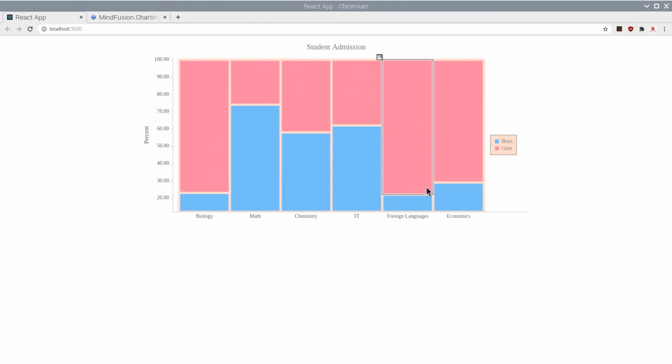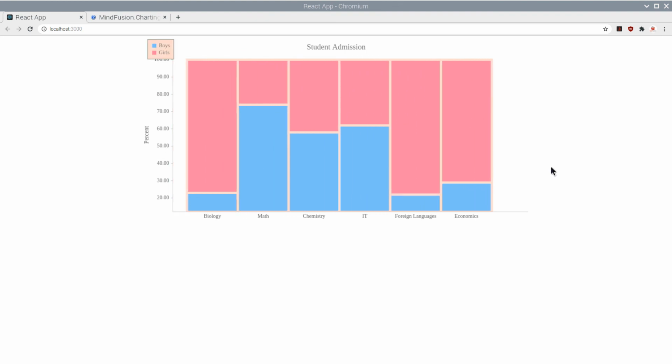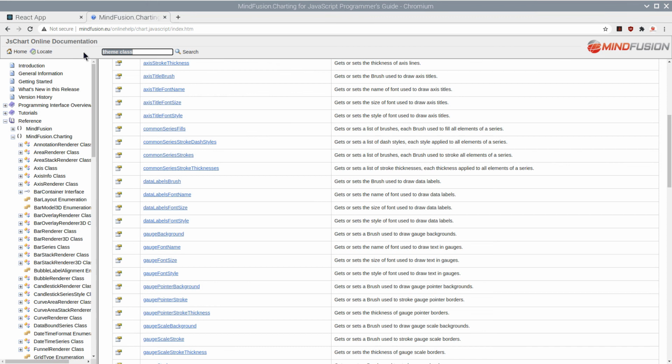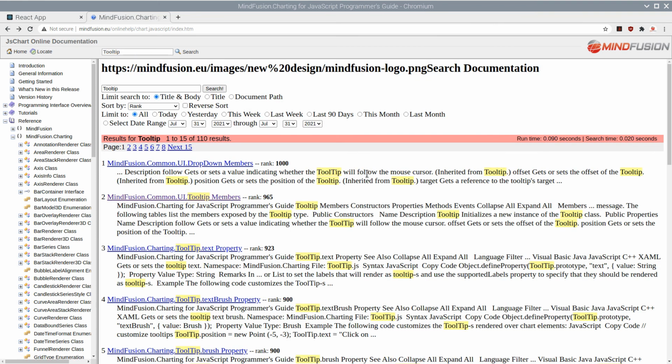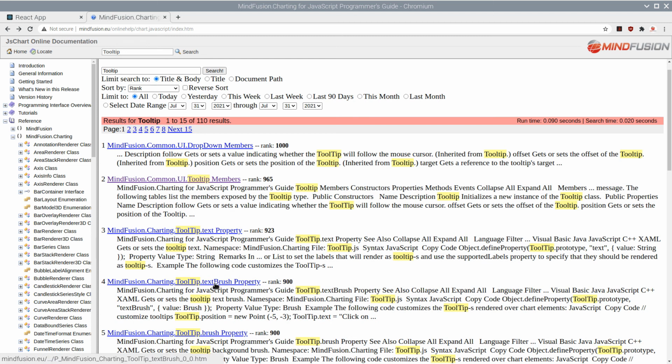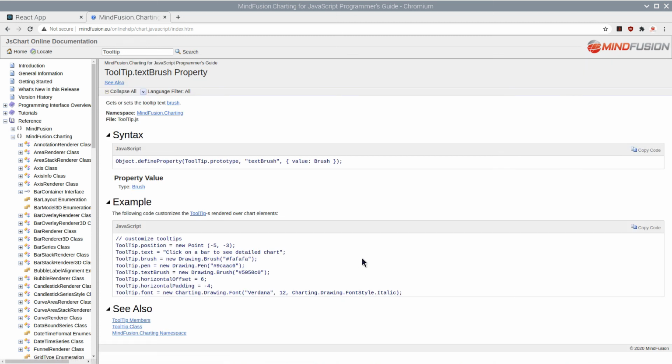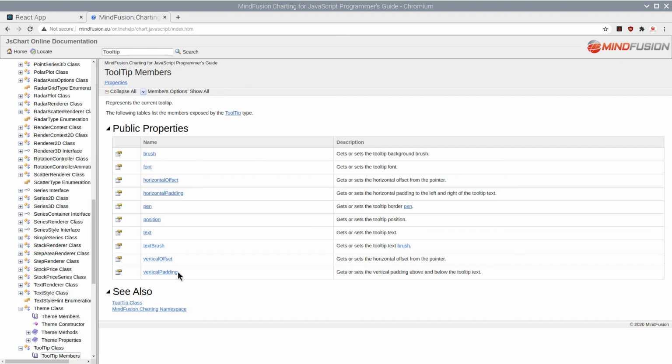What we are left to do is format the tooltips. Styling of the tooltips is done through the properties of the tooltip class. They can be accessed directly as static members.